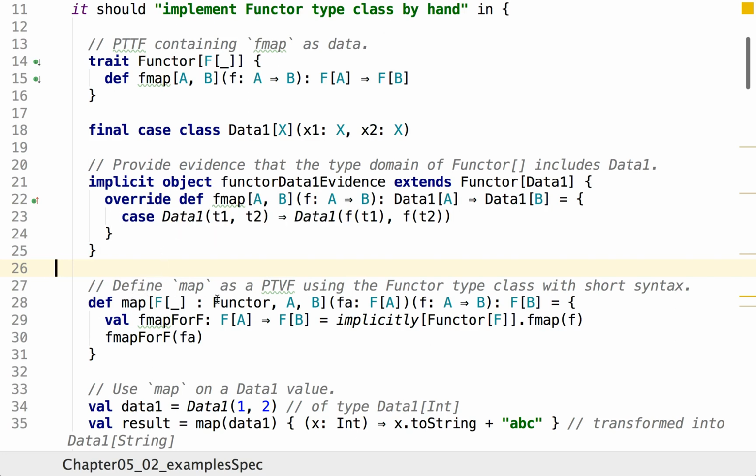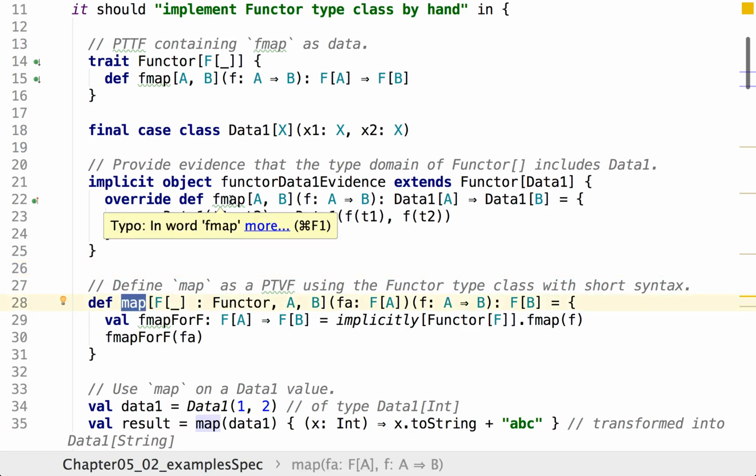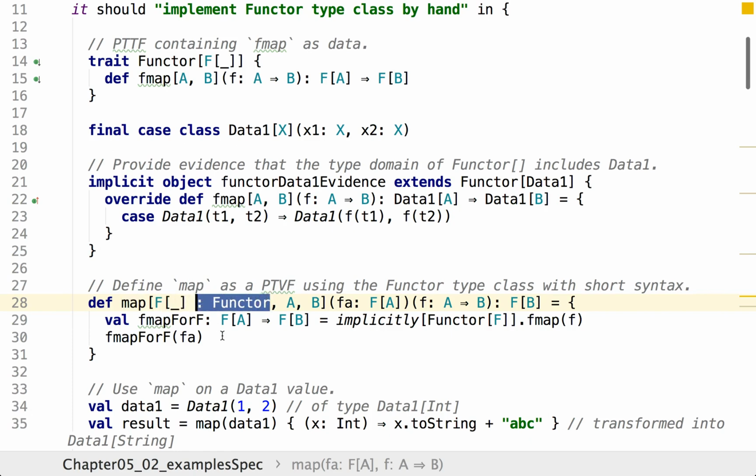Now let's define our type to value function, the map. We'll use the fmap, we'll define generically the map. So how do we do that? Well, F is one type parameter, and we say this must be of functor type class. And A and B are two other type parameters. And we define the map as